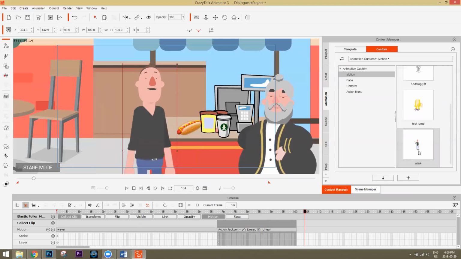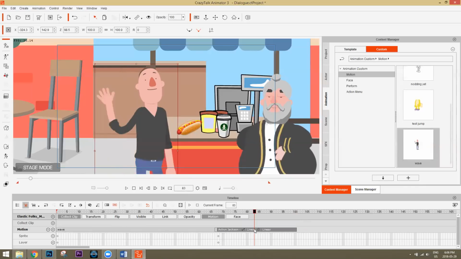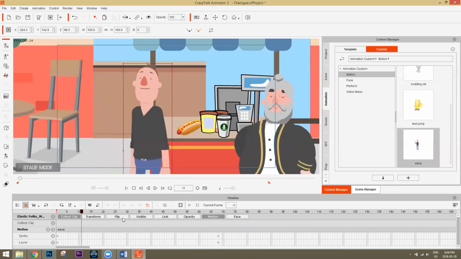At this point here, when you use this way of saving your motion, it's basically going to be the entire length of your project up until that point. So you're going to see wave. We delete Action Jackson right there. Wave is going to be the entire duration of the project, okay? So keep that in mind. This is not really an efficient way to save your motion, but if you want to save all the motions in your character's timeline for the entire duration of the project, this is a good way to do it, okay?